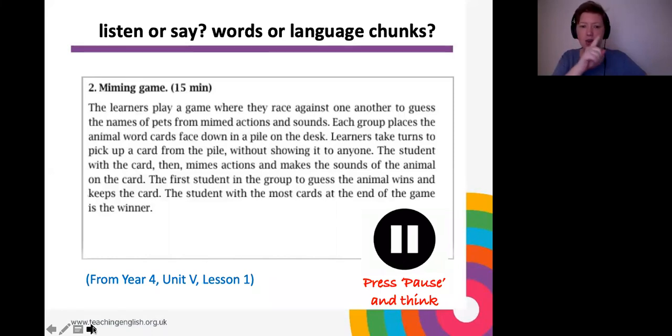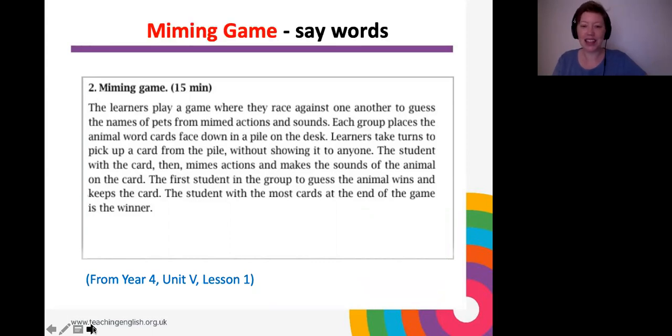Is it listen or say? And is it words or language chunks? Okay. So this is a miming game. And what the students have to do here is they need to say words. Okay. So the students play a game where they race against one another to guess the names of pets from